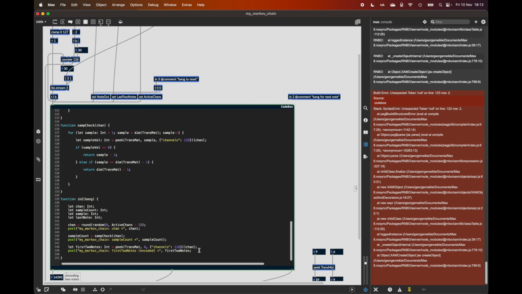Good. We need that close parentheses there. Good. So we've got our first two notes, and then we need to create a